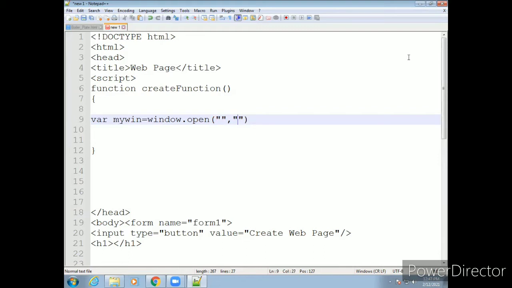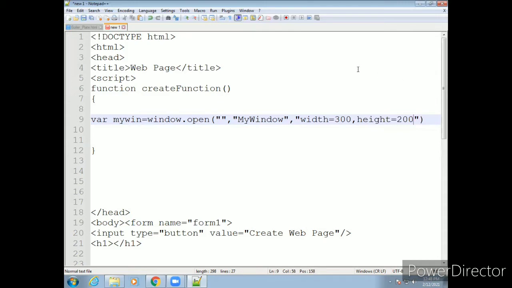The window name is mywindow. Then the other attributes: width equal to 300 and height equal to 200. We can change those values if we want to, correct?